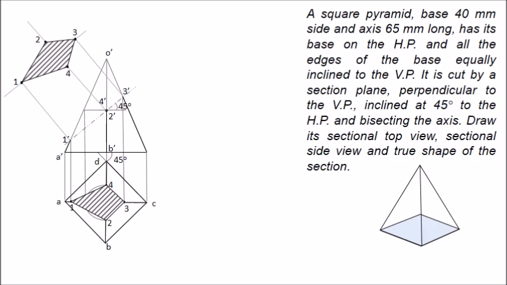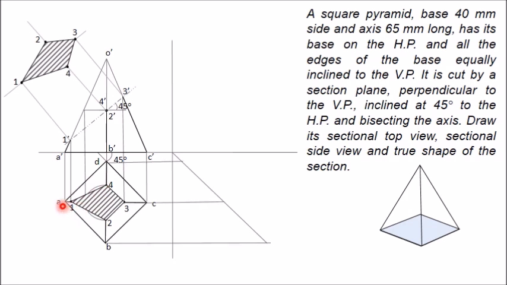For this, draw an x1 y1 line. You have to draw one line x1 y1 which is perpendicular to the xy line, and from the intersection of these two xy lines, that is this point, I have drawn another line which is at an angle of 45 degrees from both the xy lines. Now you can project this side view by drawing projector lines. In the top view, draw horizontal projectors from all these points. So for all A, D, B, C, I have drawn horizontal projectors which are intersecting this 45-degree line at these points.